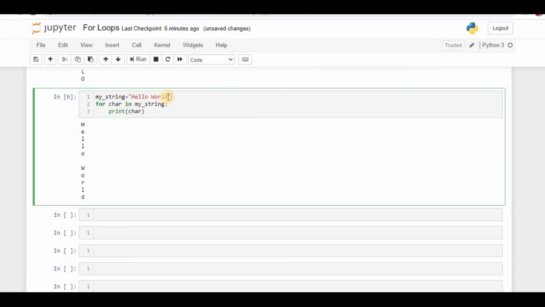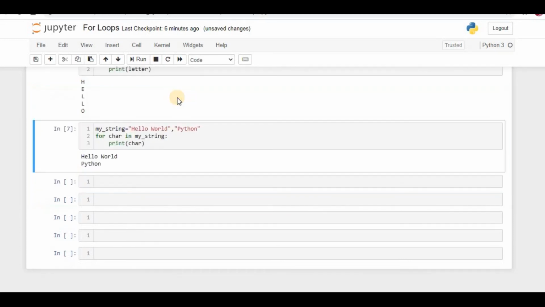For example, if I want to give one more, okay, instead of this I'll give one more string here. I'll press comma, and here what will happen, we'll see now. See, if I give one more word, Python is not creating it in the form of a loop, meaning iteration.